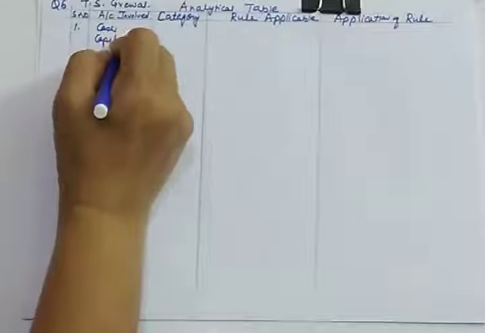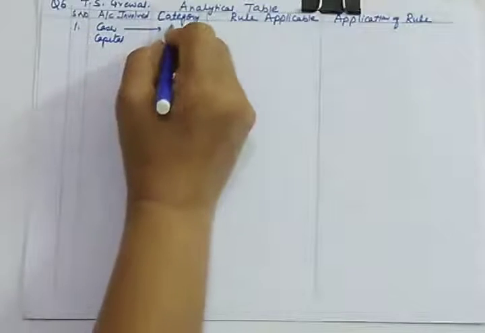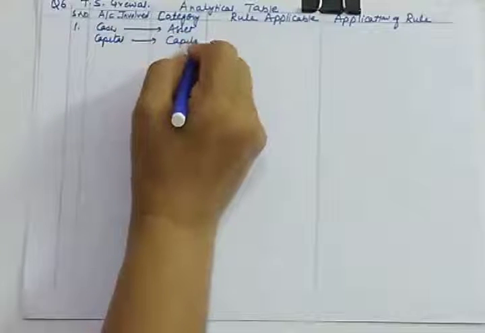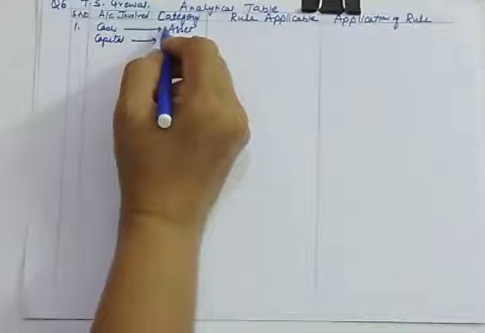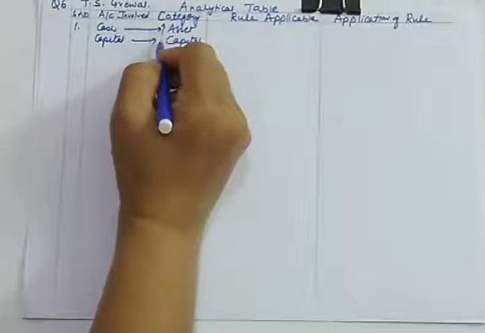You can leave more space for transaction as you used to do in accounting equation, but I am not doing that. Moreover, you don't have to change the order if you are not writing the details. So Manu started business with cash. So when you are starting business with cash, there will be 2 accounts. First is cash and another is capital. What is the category of cash? Cash is your asset and capital is your capital only. And what is happening to these? Cash is increasing, capital increasing.